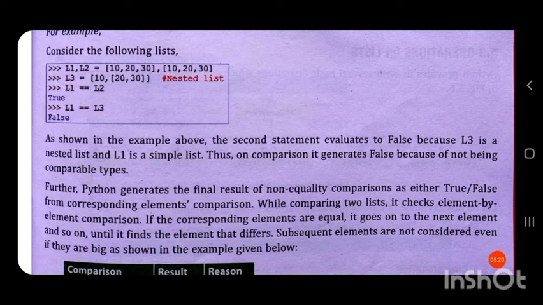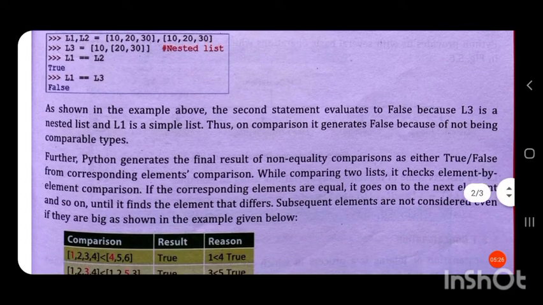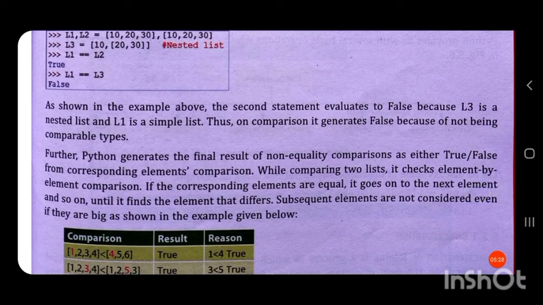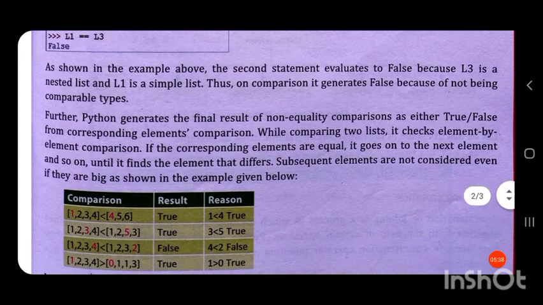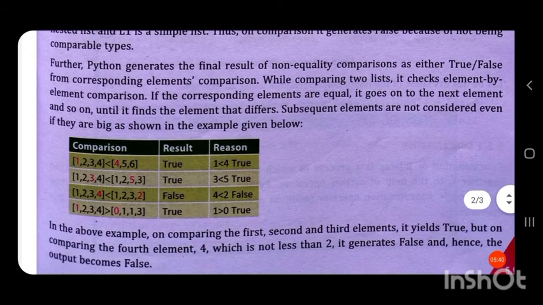While comparing two lists, it checks element by element. If the corresponding elements are equal, it goes on to the next element and so on until it finds the element that differs. Subsequent elements are not considered even if they are big, as shown in the example below.